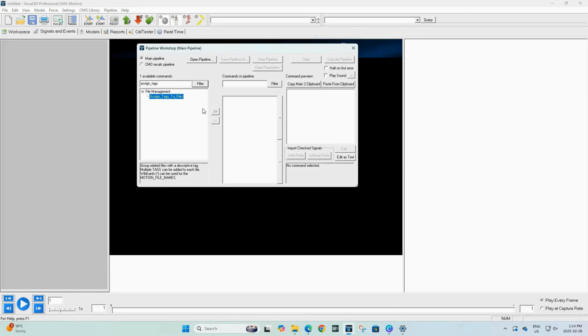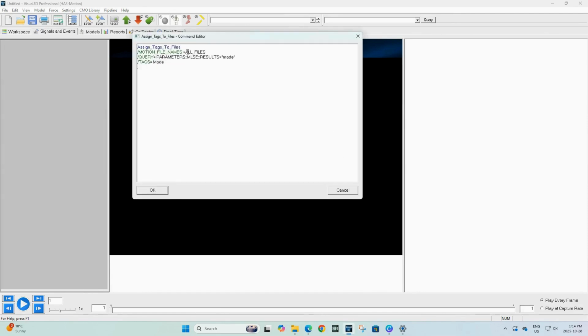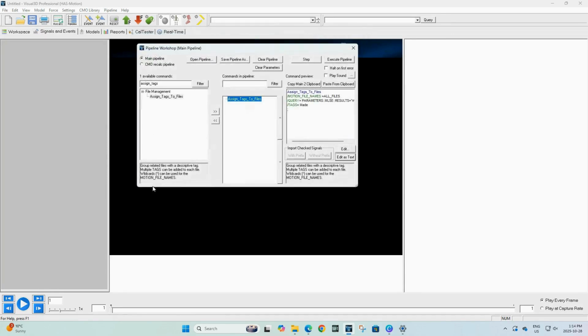In order to support the following steps in this tutorial, this step in the pipeline will tag each shot as made or missed and determine whether errant shots were missed right or left of the intended target. To start, we'll add the assign tags to files command, and this will be used to tag shots whether they were made or missed.